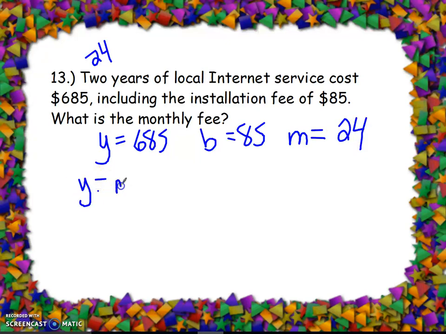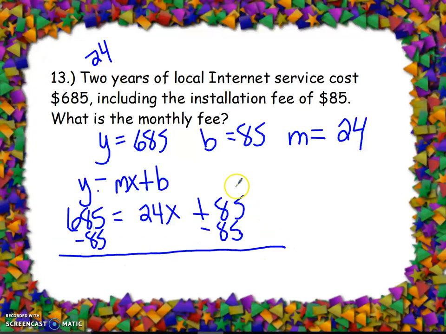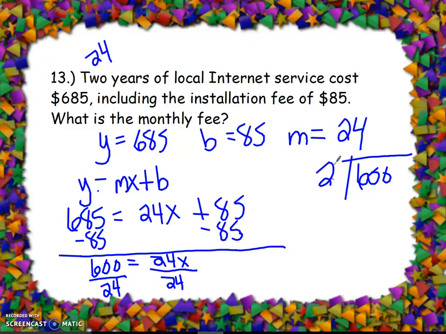If I write it in the format y equals mx plus b, we have 685 equals 24x plus 85. I'm going to subtract 85 from both sides. I'm going to get 600 equals 24x. I'm going to divide both sides by 24. So 600 divided by 24 is going to get me